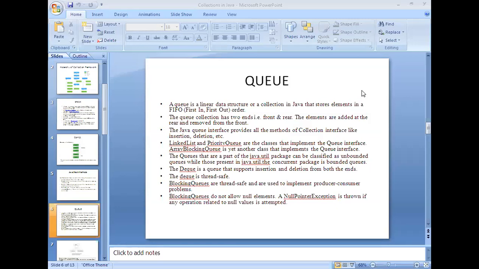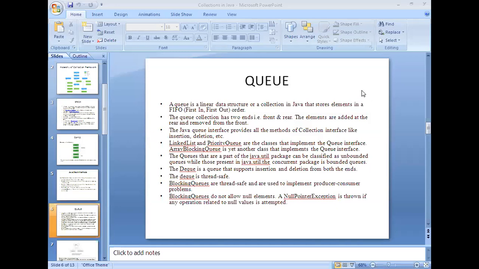The way they perform operations on the collection, the group of elements, is different. Depending upon your requirement, you can select any one of them. All of them are meant for representing a collection of elements.